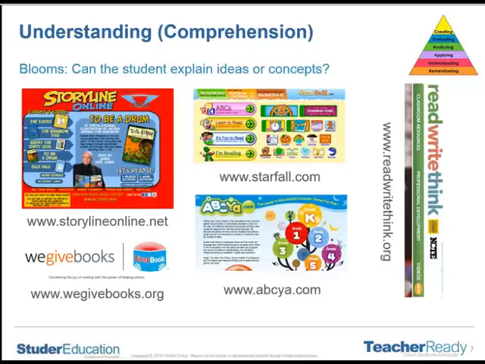abcia.com is a similar site that goes all the way through the elementary spectrum. So lots of sites with good resources, and I want to just cap this highlight off with readwritethink.org. This site is through the National Council for Teachers of English, and it's a very good site for